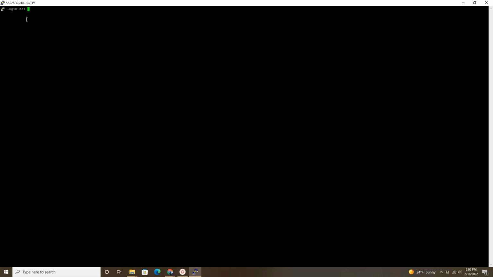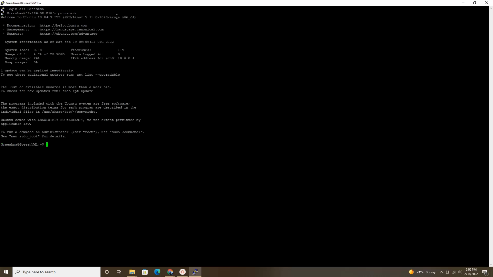Now it's asking me the login account name, which was Grishma, and enter. Here I need to type the password, but I will be typing it on my keyboard, but you will not be able to see that in the page. So it's like a security property of this PuTTY. Enter. So I got connected with Linux,